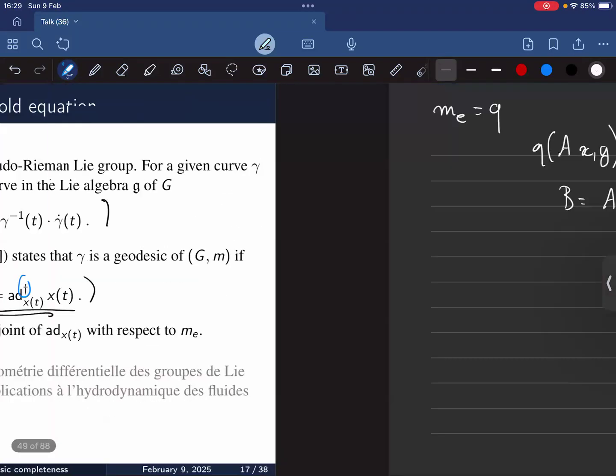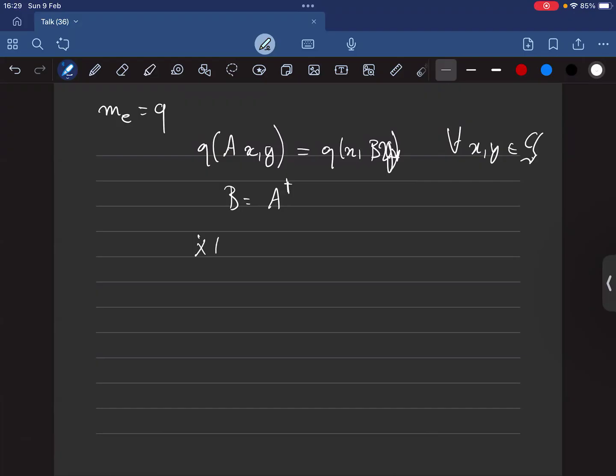Okay, and here the equation is x dot equals ad x of t dagger x of t. So we take the ad x of t, which is the bracket with x of t. We take this linear map, we make its adjoint with respect to the metric, and we act on x of t. Okay,